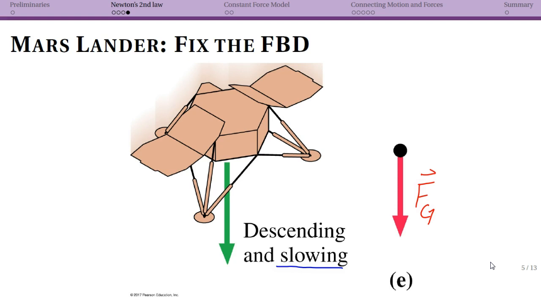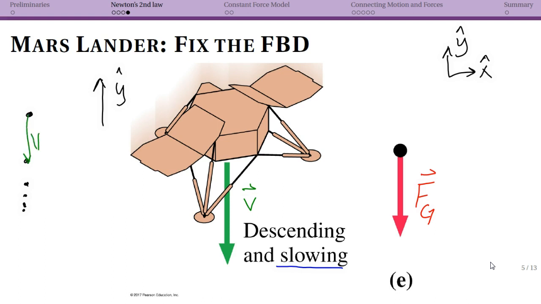Now, next thing you want to do that wasn't done is to actually think about your coordinate system. I'm going to call this positive y hat. So over here, I'm always going to put x hat and y hat, just because it's a good habit, but this is going to be a one-dimensional problem. So this is my v vector here, but it's slowing down. What that means is that as I make my motion diagram, my dots are going to get closer together, right? And so if this is v1, and then v2, and so on,